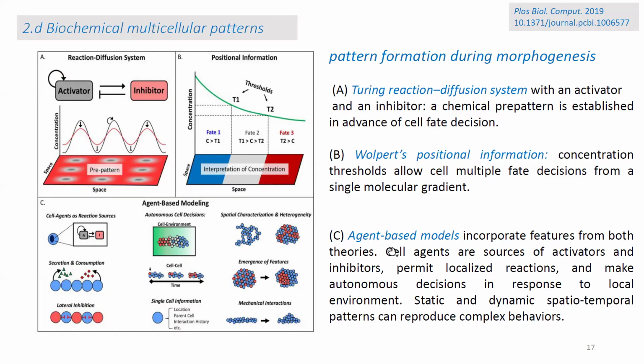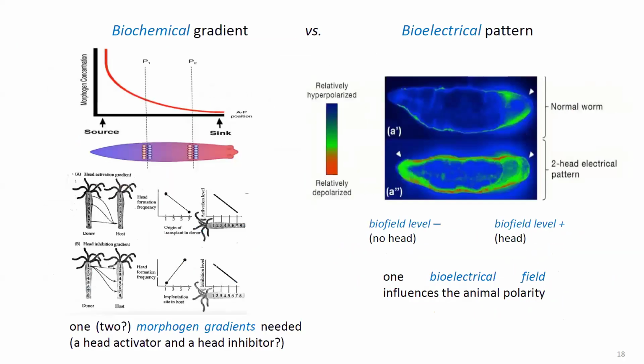More interesting are the recent agent-based models because they incorporate features from both theories. So, considering this traditional view in the field, we move, following Levin's group experiments, from the case of the biochemical gradient to the case of biofield gradient. This biofield can be a biomechanical field, which has been explored in the literature, but more interestingly, from our point